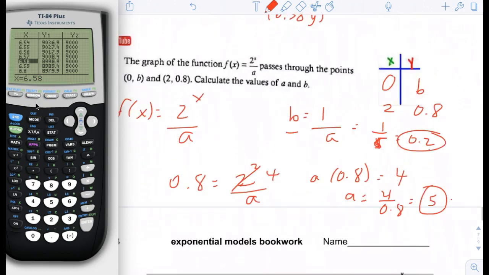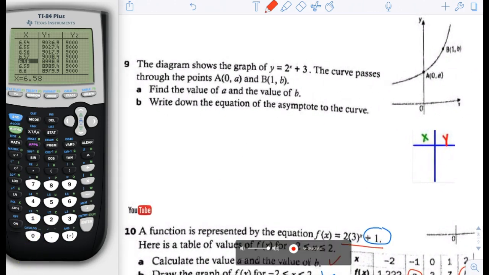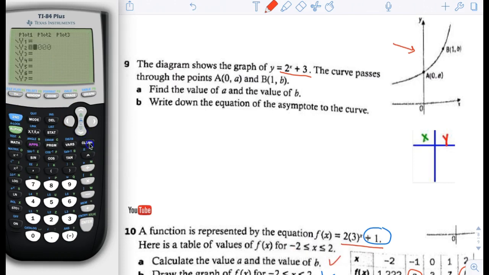Now we're going to page 8, number 9. Okay, so looking at number 9, we have a function which is 2 to the x plus 3, and they even drew the function for us here. Since they were nice enough to give us a function, we're of course going to plug it into the calculator. I'm going to clear my old functions here, and I'm going to put in 2 to the x plus 3. Then I'm going to look at the table,